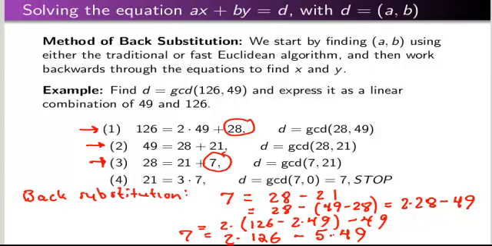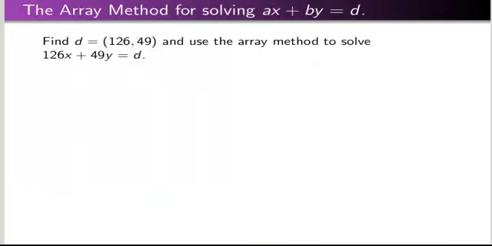Now you notice in this technique, it's not a real efficient way of solving this equation, because it required me to first lay out all of these equations and then go through the equations a second time to come up with the final solution. So the second method, I call the array method, allows you to do both tasks in one. You're just going through it one direction. You don't have to go back and forth through the system. So in the array method,